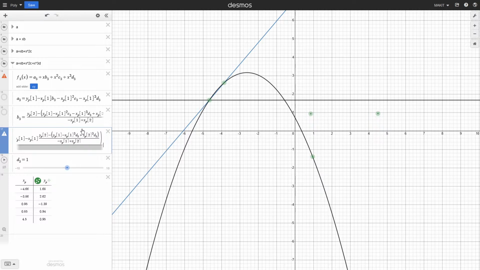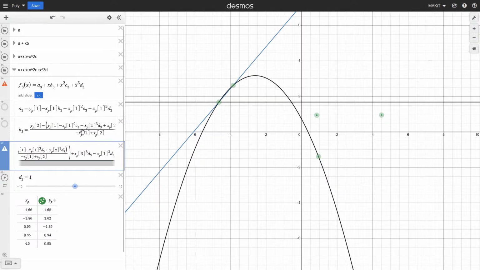And then we would add to that x3 cubed d, subtract from it x1 cubed d3, I should mention, that's an important distinction, 3, and then we will add to it x3 with y2,